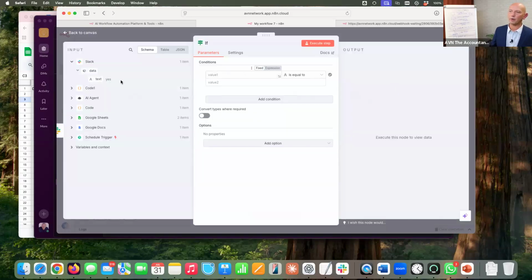What I'm going to do now is just drag the text that I gave it into there, is equal to, and put yes. Now, the challenge with that is I could have done all lowercase yes, all uppercase yes, a capital Y, or accidentally caught a capital Y and an E. There are all sorts of variations, and this will want it exact. All right, so what I do is